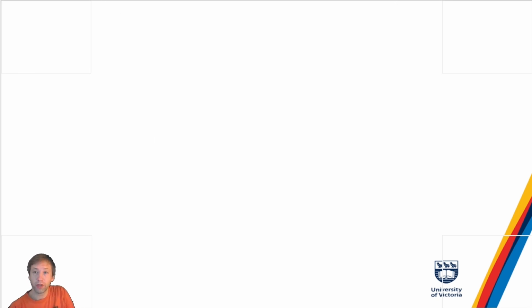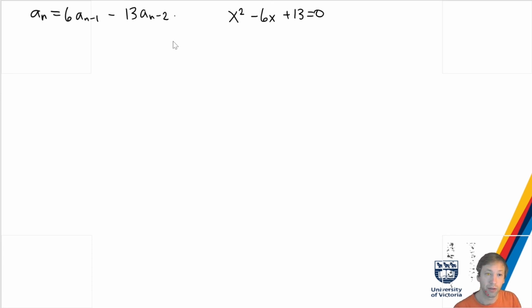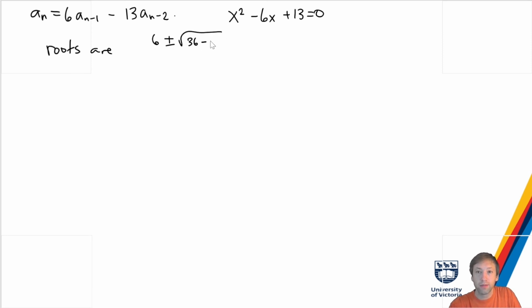So suppose we're dealing with the recurrence relation a_n equals 6a_{n-1} minus 13a_{n-2}. We write down the characteristic equation, so x squared minus 6x plus 13 is 0. And we go, I can't see the roots of this thing just by looking at it, so we take our handy dandy quadratic equation, and okay, so the roots are 6 plus or minus the square root of 36 minus